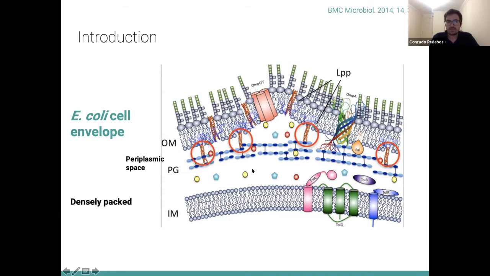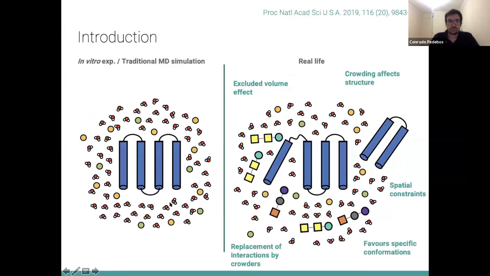And in this periplasmic space, we have a lot of different proteins. These proteins can bind to the cell wall. They can span the whole periplasmic space. They can be embedded both in the outer membrane and in the inner membrane. And we also have osmolytes here. So this region is densely packed, and there is a formation of non-specific clusters a lot of times. And this is something that is really important to consider because this can affect, for example,